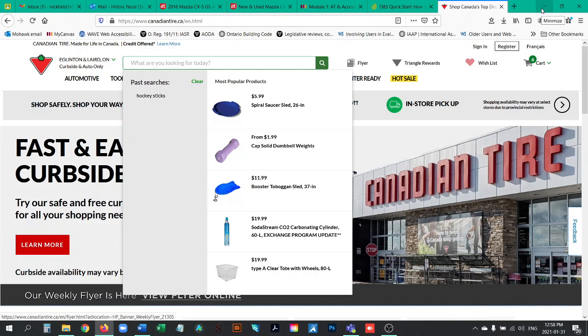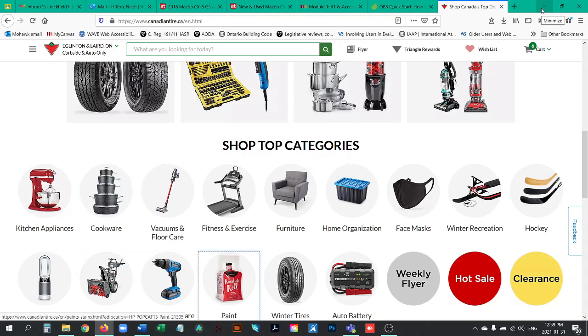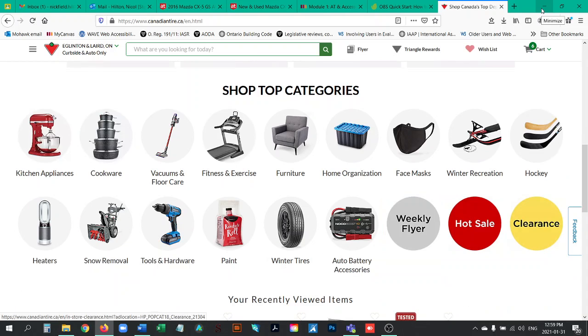Now it looks like I've selected the main banner. I'm not sure what I'm on, but I know I'm clicking through things because I can see the URL path change in the bottom. Oh, there we go. So that took me somewhere. So I must have been clicking. I'm going shift tab to go backwards now. I must have been clicking through those, but not able to see it. So it looks like I'm halfway through the home page and I'm going through the top categories, and it's still going in a logical reading order of left to right and top to bottom.